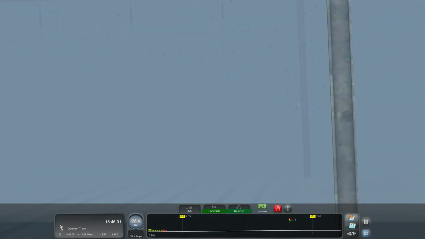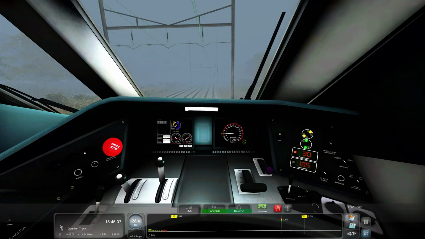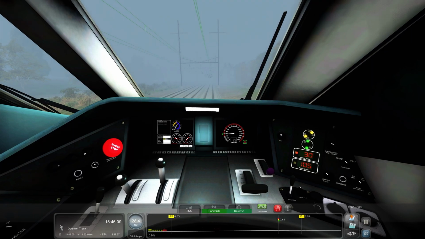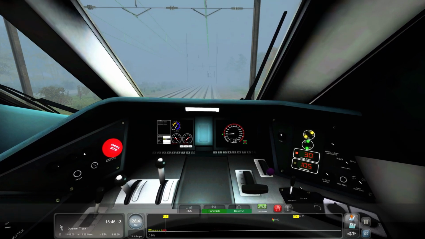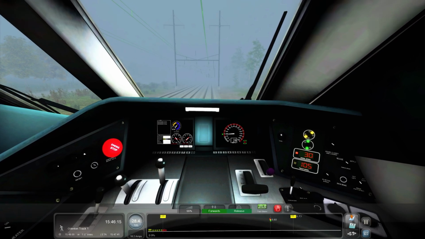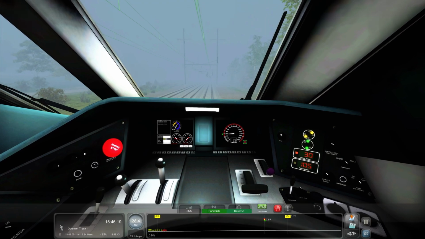I can barely see the signal. Oh, it just turned green. Yeah, it just turned green. Did you guys see that? It just turned green. All right, well, we can't go above 30 yet or else the alerter will go crazy. So we're gonna have to hold out at 30 on cruise control at this